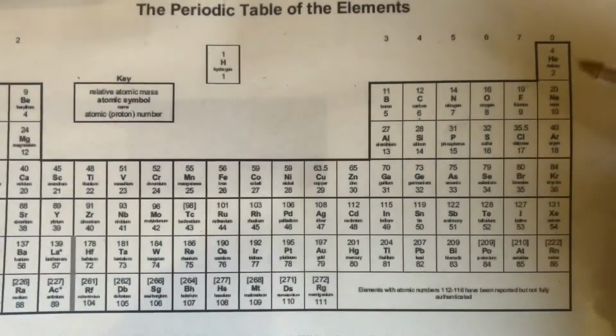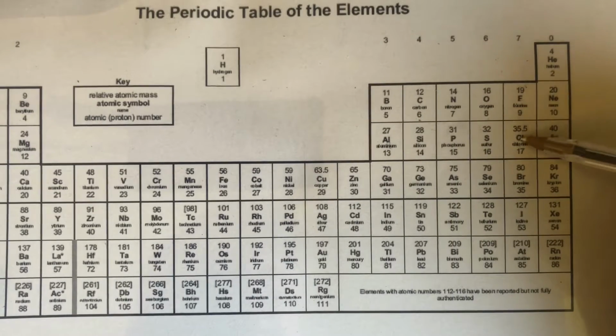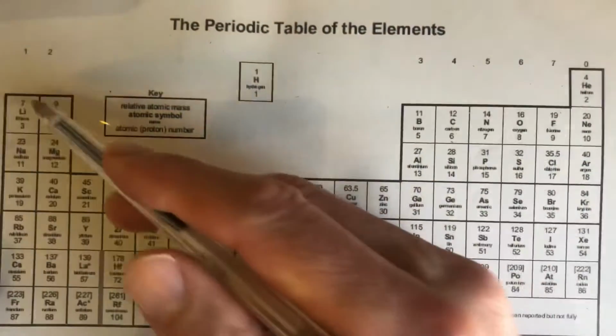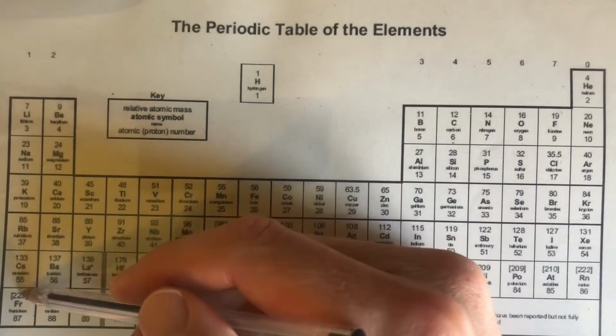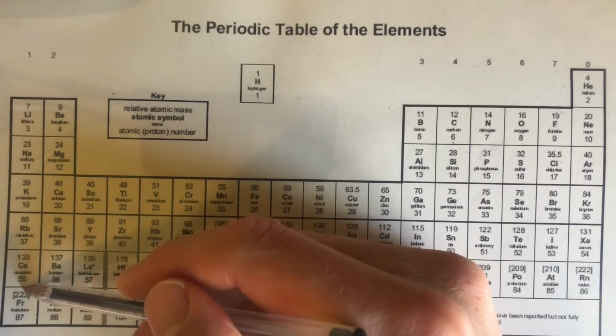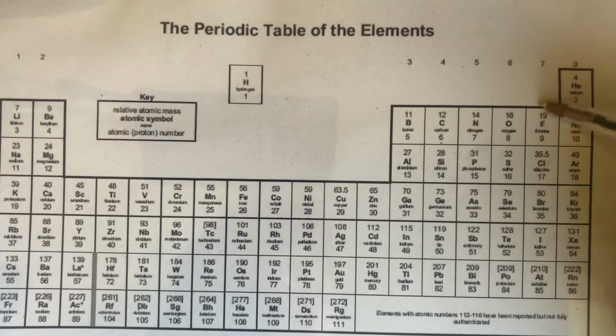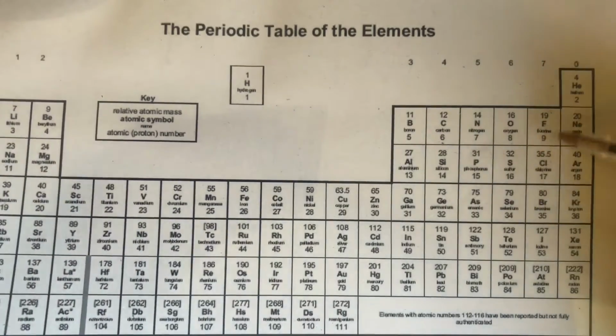The other group we've got is fluorine and chlorine, wasn't it? So this is group 7, the halogen group. So these are also very, very reactive. Group 1 elements, 1 electron on their outer shell. All they've got to do is lose 1 electron. That makes it quite easy for them to get full outer shells. Group 7, they've got 7 electrons on their outer shell. All they've got to do is gain 1 electron, so it's quite easy for them to get full outer shells